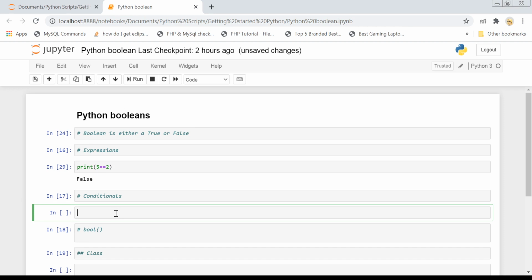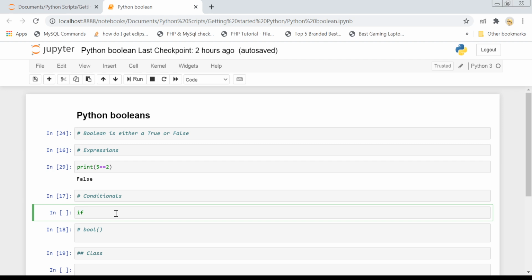That was the first way in which you can get a Python boolean as a result. Another way you can use Python booleans is in conditional statements. Those of you who are not familiar with them, conditional statements are basically if-else statements. Your program runs a certain part of the code if a condition is satisfied, and another part of the code if the condition is not satisfied.